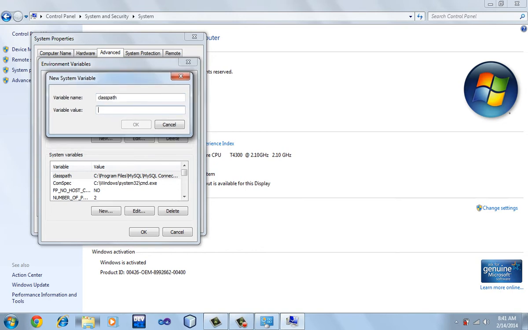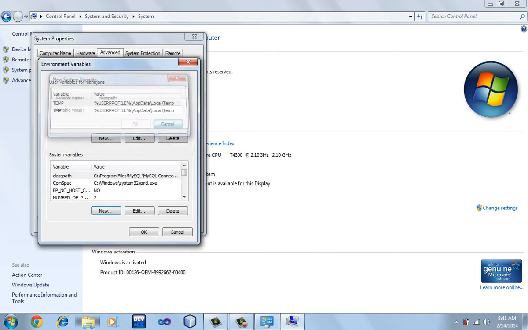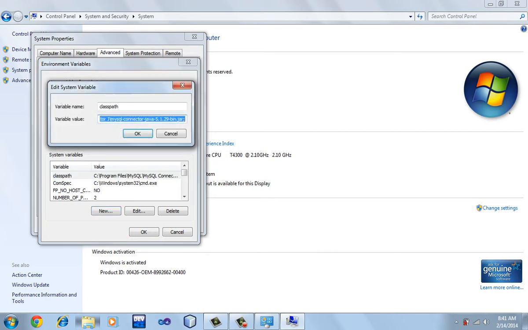and beneath it you are supposed to type the full path where your MySQL connector is present. I will show you like this. See this one: C:\Program Files\MySQL\MySQL Connector J\mysql-connector-java-5.1.29-bin.jar.